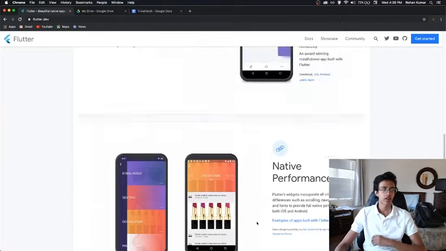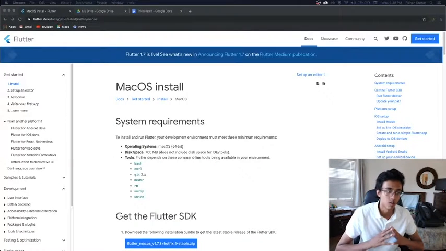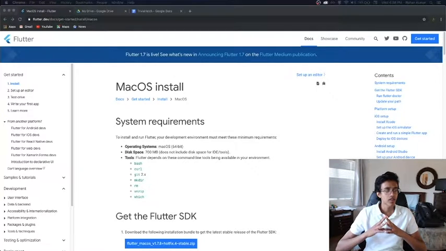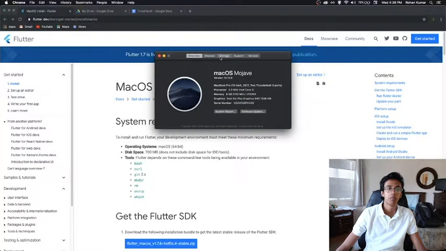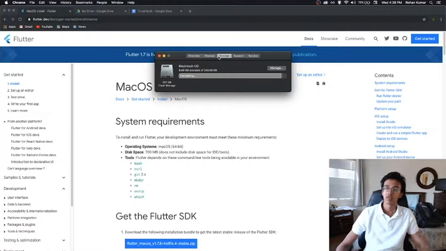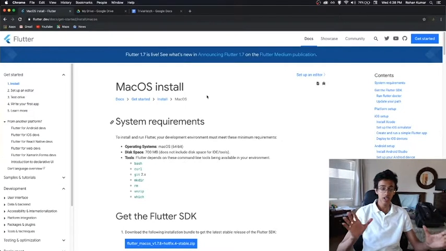Okay, let's get started with the install. To install and run Flutter, your development environment must meet the minimum requirements. Wait, do I have to free that much? Okay, I think we're good. 8.89. Jeez, I use too much space on my Mac. Dude, you see my drive, I use like half of it already. They give a lot of space, but half of it's full.